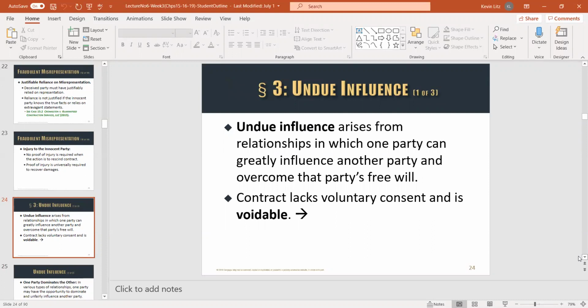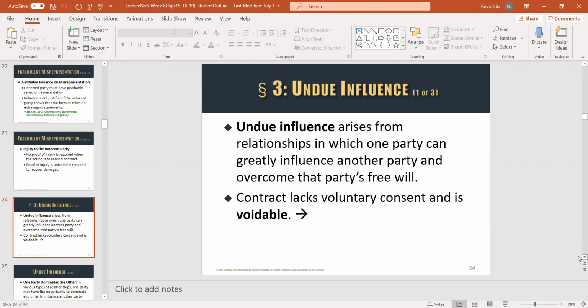Now, undue influence, we kind of talked about it, and that's a relationship in which one party has so much influence over you that it's almost like you don't have free will. So how could you really agree to something? Some might argue a parent. You become a K-pop star at 14 and your mom has a contract with you. She's the agent. She gets 90% of everything you make.